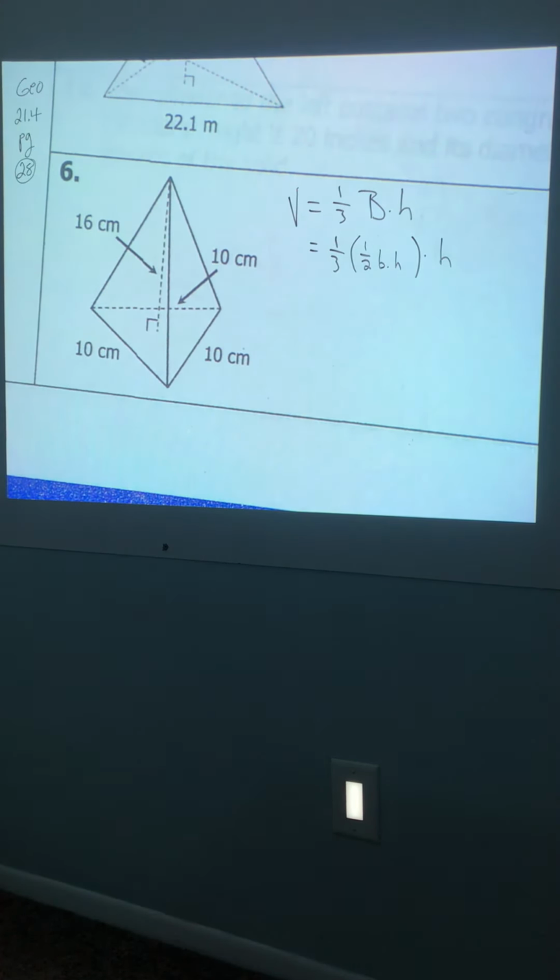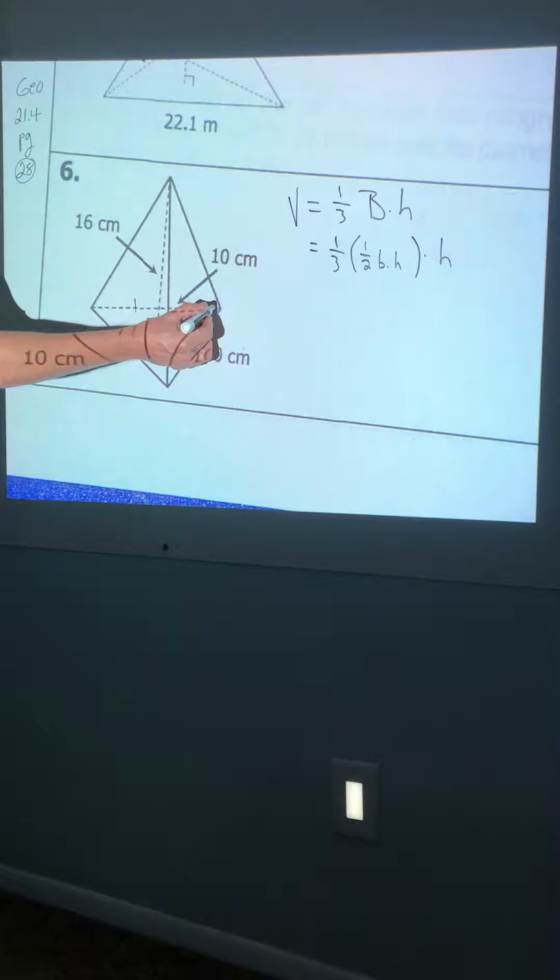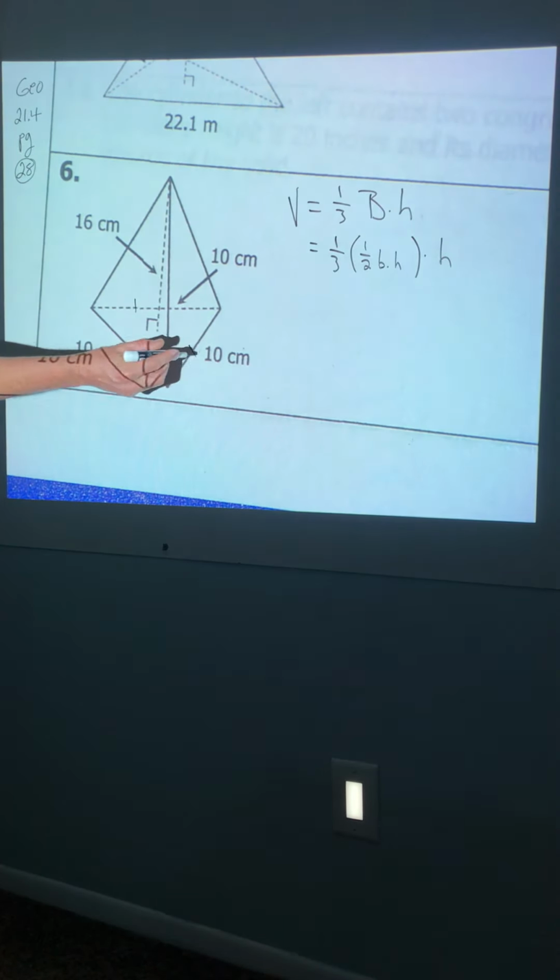Now look at your triangle. Your triangle is what we call equilateral. Look, it has sides of 10, 10, and 10. All three sides are 10 centimeters. So we can use this 10 right here as the base of the triangle, but we don't